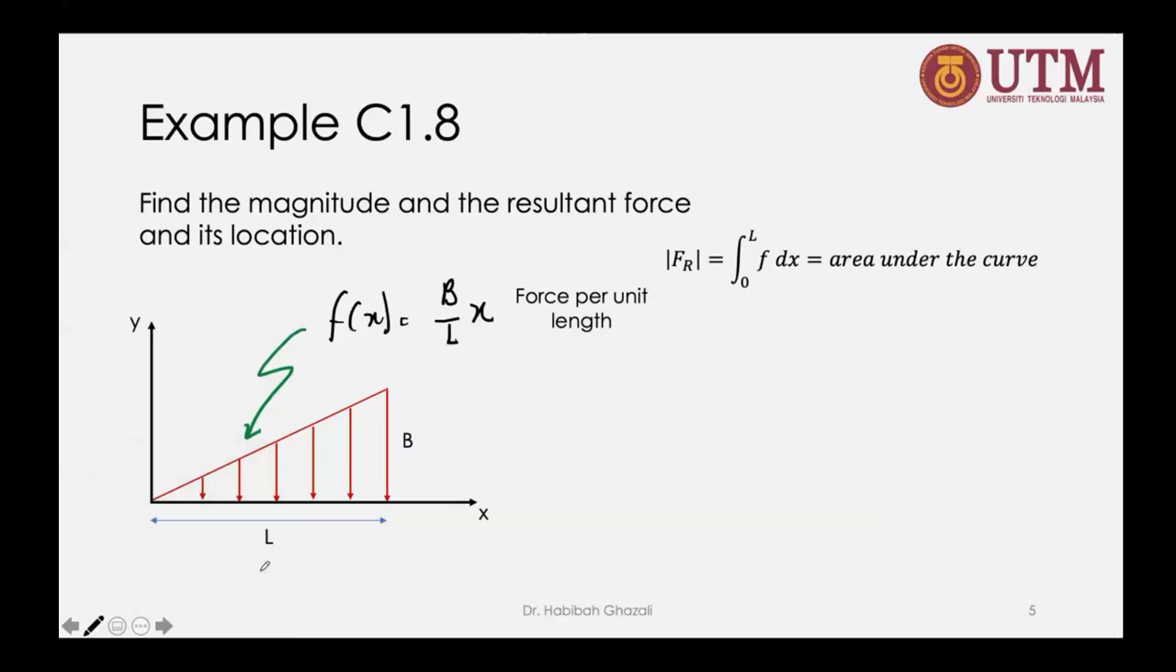Okay, so this one you are given, this is the distributed load. It looks like a triangular, means that at one of the locations on the beam, the intensity is higher than the other end. So you are asked to find the magnitude of the resultant force and its location. So using this equation, we can find the area under the curve. So if you do that integration, you will get